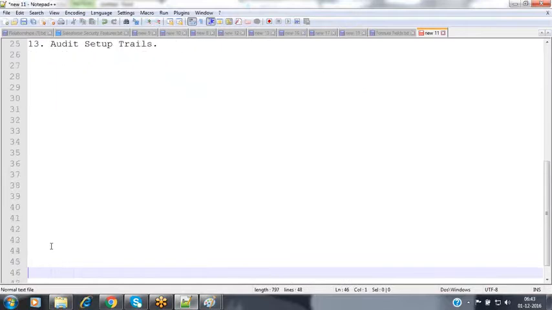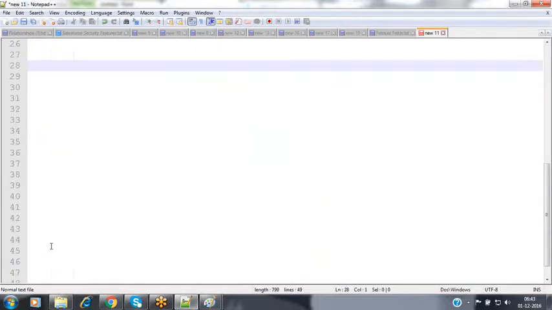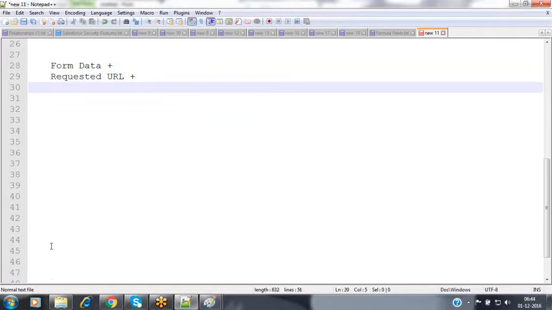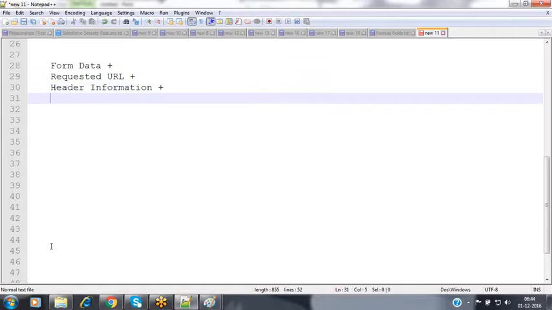Whenever you click on a button control, or when you click on the save button, Salesforce sends your form data, nothing but whatever data you have entered inside that form to be inserted, along with your requested URL, for which application you are sending that request, and then your header information. If the entire data you have entered inside the form fields cannot fit into one data packet, then it is divided into various data packets, and the header information also is included inside that request.